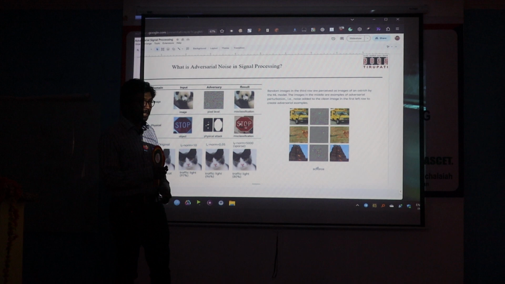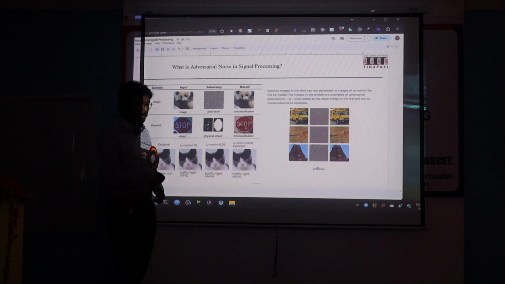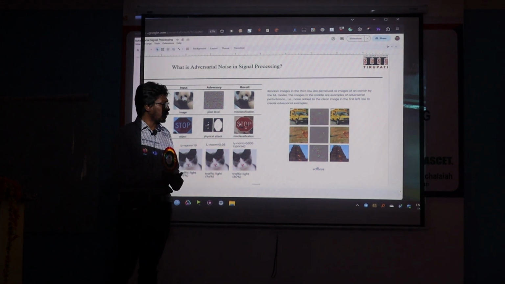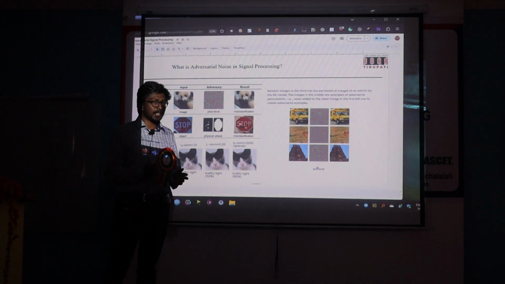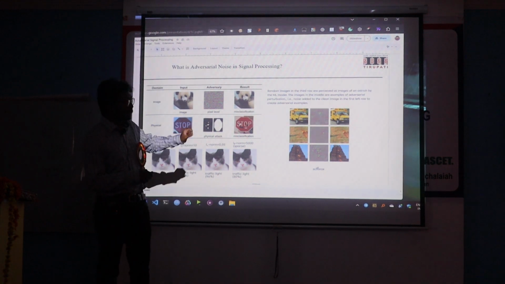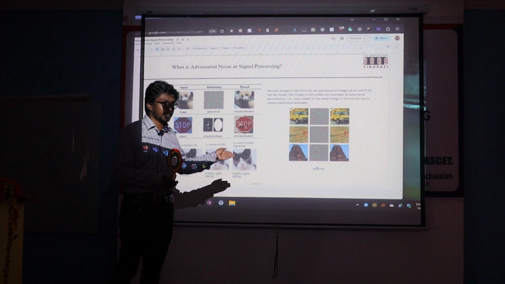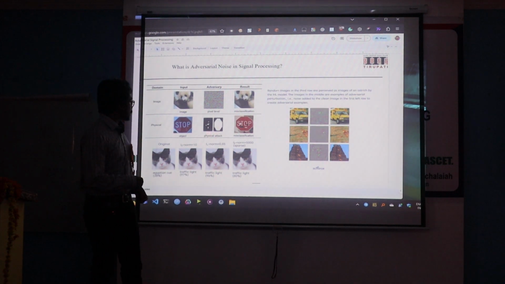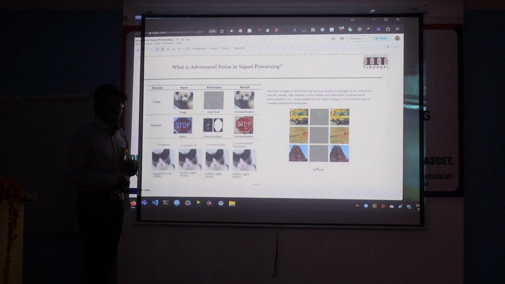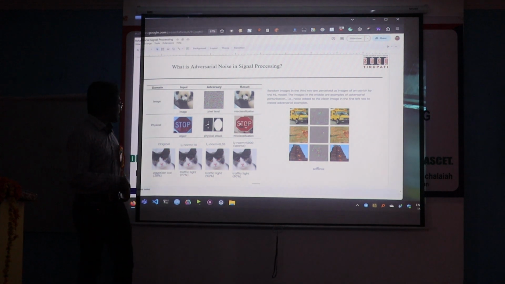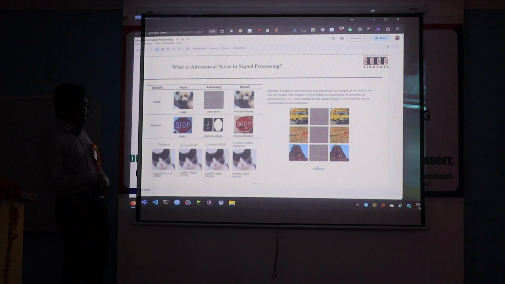So in some cases they don't even need to touch it. I'll talk about the attacks later. There are basically black box and white box attacks, and the current algorithms are so bad that even in an external image, if you add a patch, it fools them. That is what my research is based on. I will talk about that paper at the end of my talk. So that is basically adversarial attack, and this is a very big issue. You can see here. See, the original is an Egyptian cat.